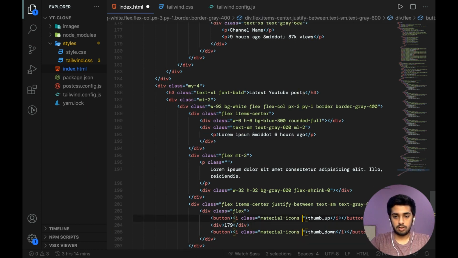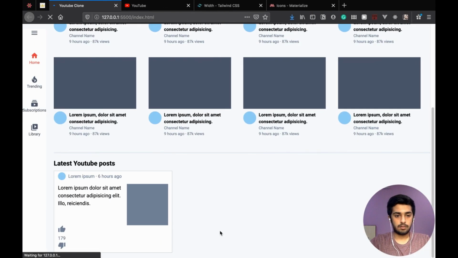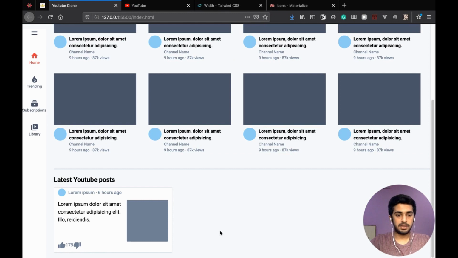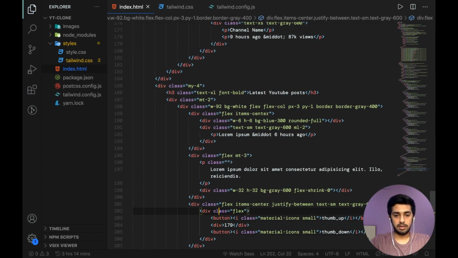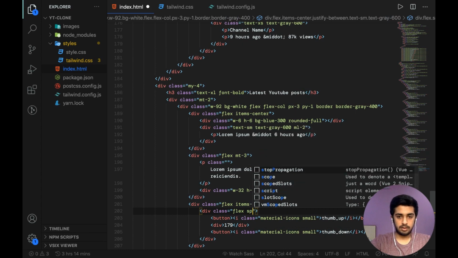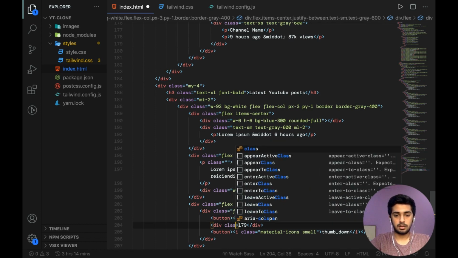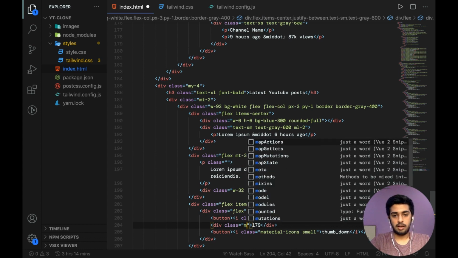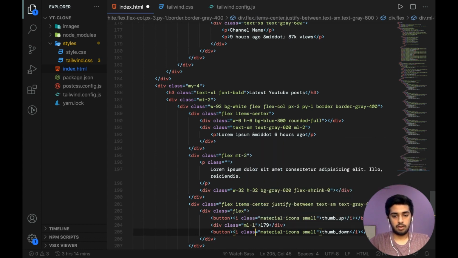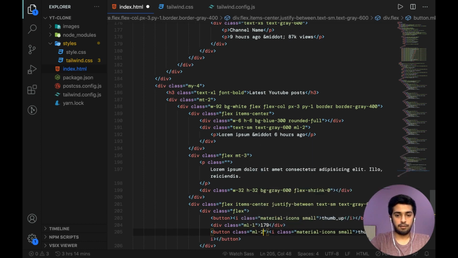So let's say small. Cool. Now they're right beside each other. We need to give it a space. So we will say space x1. Oh, rather than doing this, we'll just give individual margins. So margin left 1, and on this button we're going to have margin left -2,